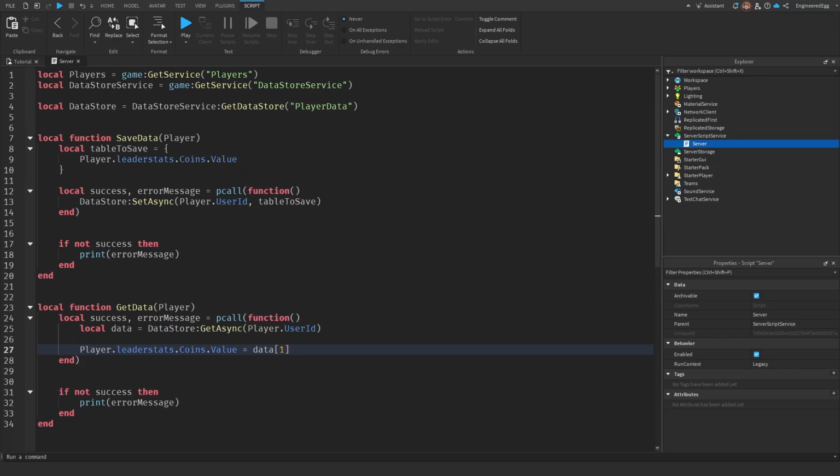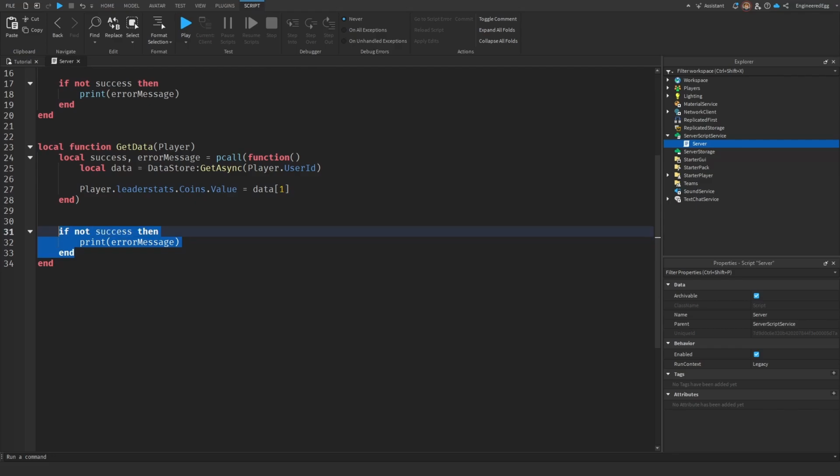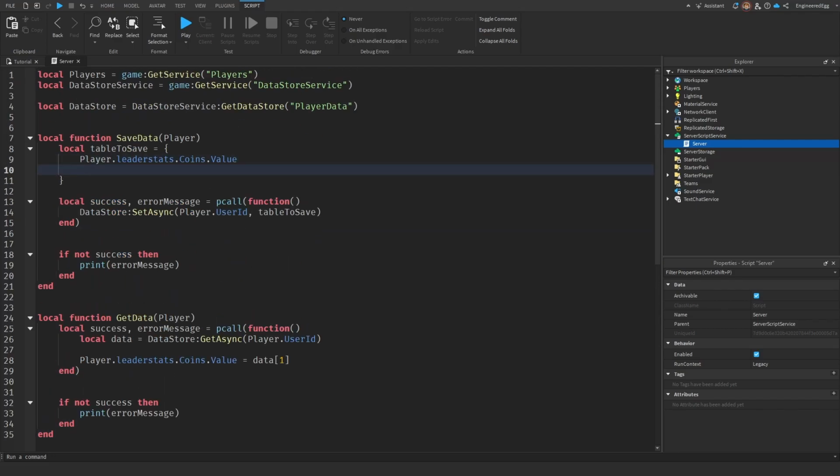Now make sure you set it up according to the tableToSave. You want this to be the same order. Since this is the first one, this needs to be 1. If you don't do that, it's going to save each other's values, and that might even cause an error. But we also set up this, so that's fine. If you want to save multiple things, like a rebirth, for example, you could just say